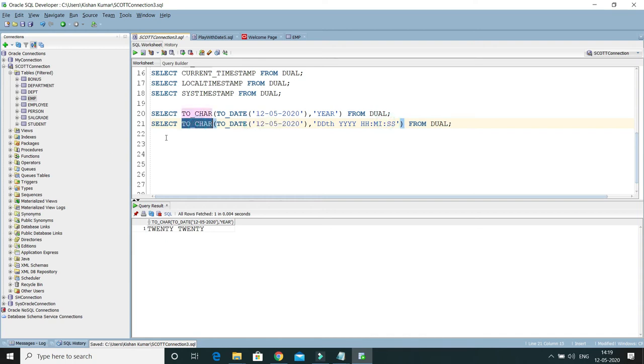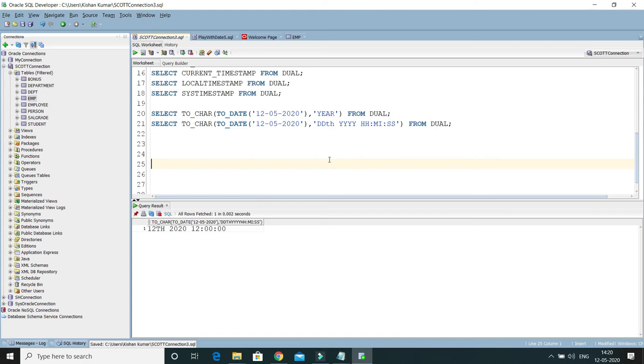So we can take help of the to_char function. If I run this query, here you can see the specified date, the 12th, 2020, 4 digits, and then this is midnight. Basically if you store a date in your database, it will store the date at midnight. So 12 is the midnight, 00 is the minute, and 00 is the second.